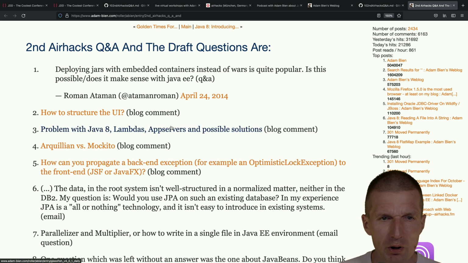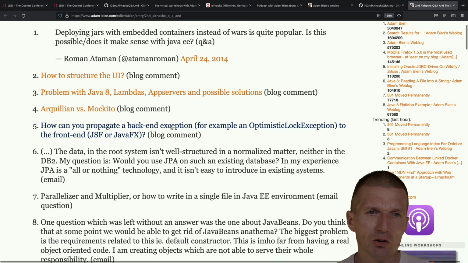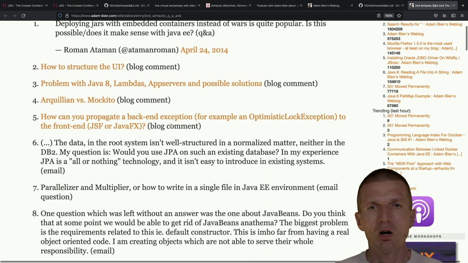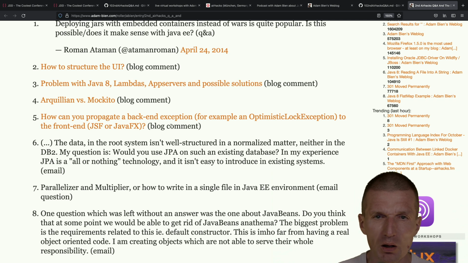So how you can propagate a backend exception, for example, optimistic lock exception, to the front end, JSF or JavaFX. So this is a solved problem right now because we have REST, and what you will do, you will convert this to 400 or